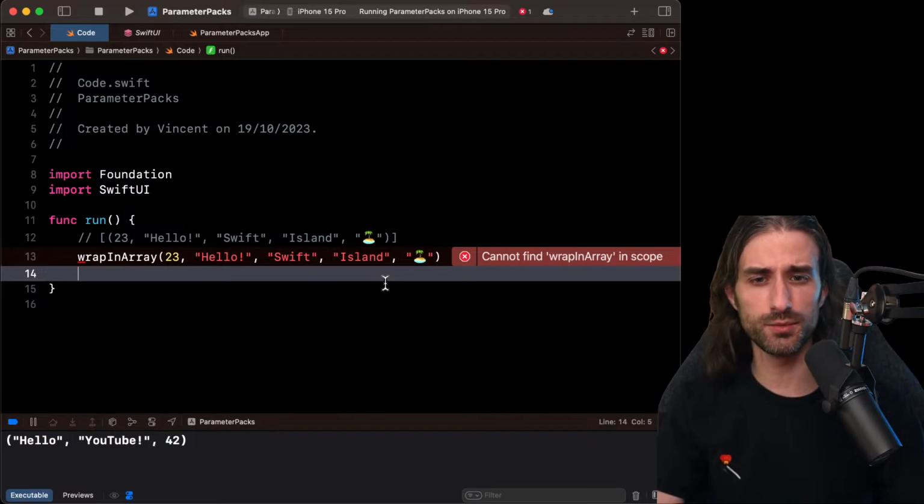So this operation seems a little bit like artificial. You might be thinking, what's the point of putting a tuple into an array? There might not be a real world use case of it, but my goal here is to show you step by step how we can use the parameter pack syntax to build increasingly complex stuff.